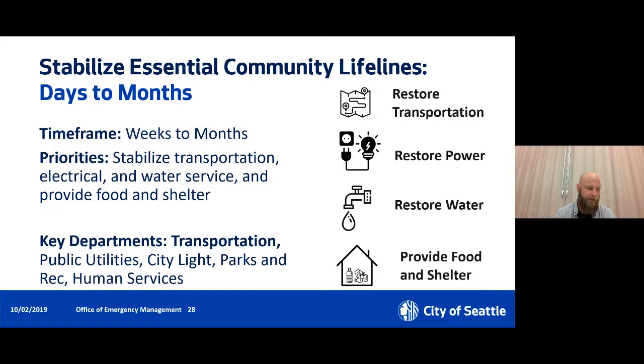Somewhere we look to a lot is Christchurch, New Zealand. They had a series of earthquakes in 2010, 2011. They have a similar built environment to us. They have a similar earthquake risk to us. So we really look to them for a lot of lessons learned. And that's a good example of how long recovery can take. In their earthquakes in 2011, 40% of sewer lines were damaged. And to this day, they are still not back to pre-earthquake levels of sewer service. There is still recovery going on. So we're talking about kind of a long haul.